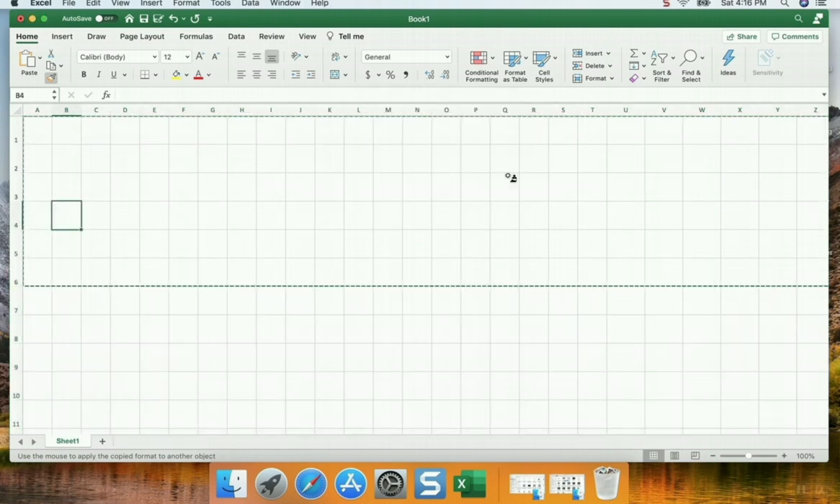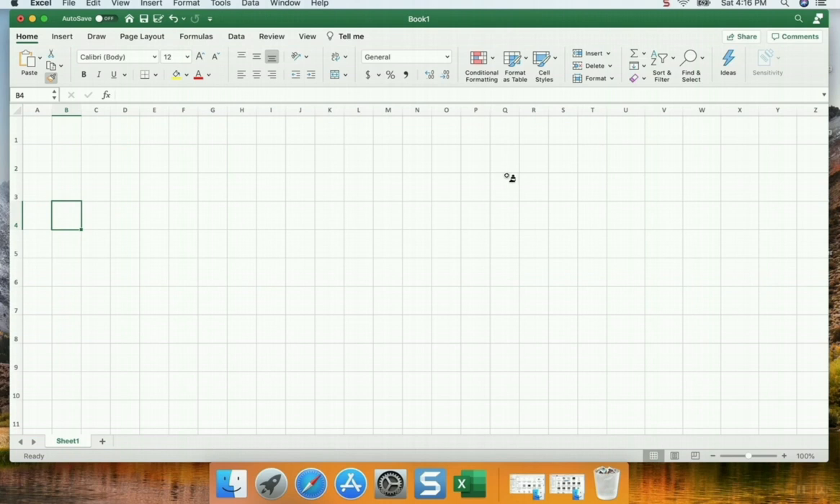Okay, we're going to hit Escape now. So click off that to get that little paintbrush thing to go away. Okay, so the first sheet that I'm going to set up is